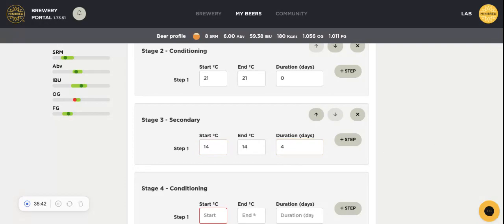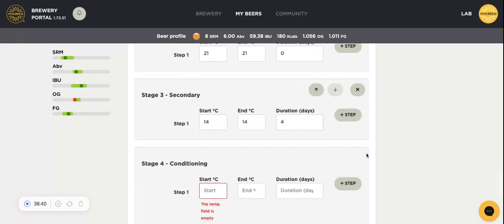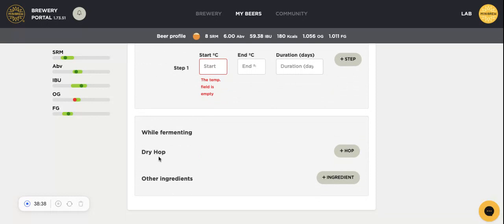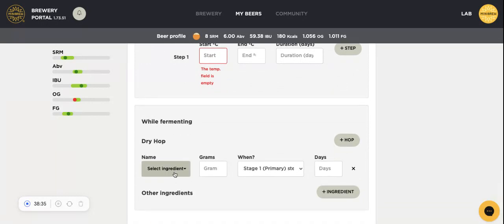Since we are making an IPA, I would like to add some dry hop to this step. So I scroll down and I add some dry hop. I will be using some Amarillo hops,